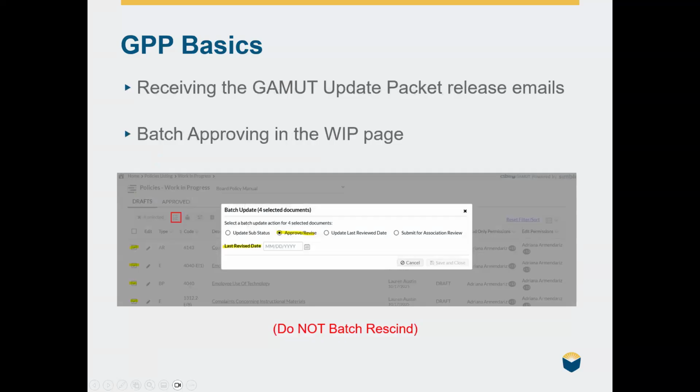When it comes to the update packets, you will receive an email when we release those. Those come out quarterly, and as long as you are signed up properly as a contact within our system, you'll receive an email when that comes out, so that you can go ahead and get to updating as soon as possible. If you don't receive those update packet emails and you would like to, please just email us at gamut@csba.org,